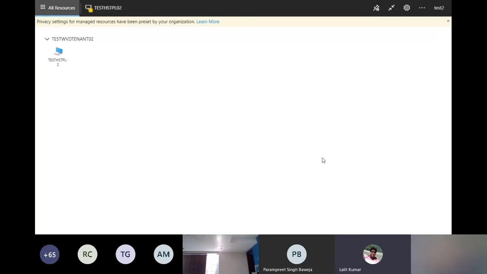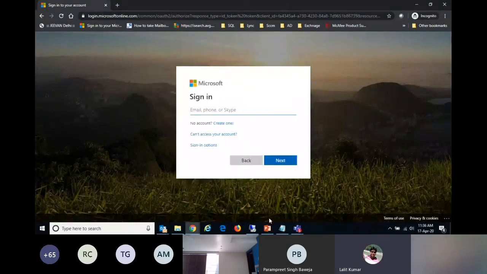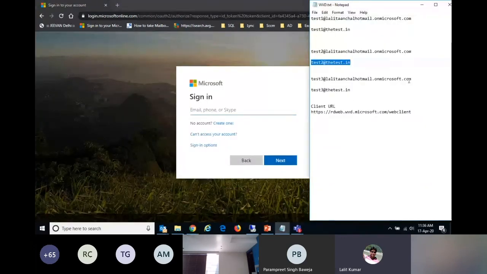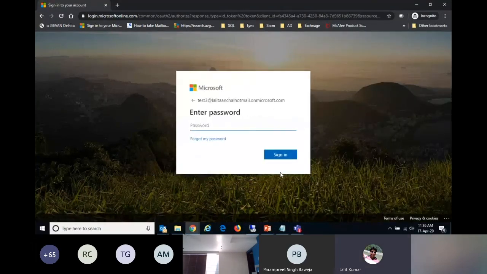I have a third type of account also, in which I have hosted the application. I'm not talking about the direct Windows machine; I'm talking about the application. If you want, you can publish just a specific application, or you can say app virtualization. So I'm entering my third user credential.